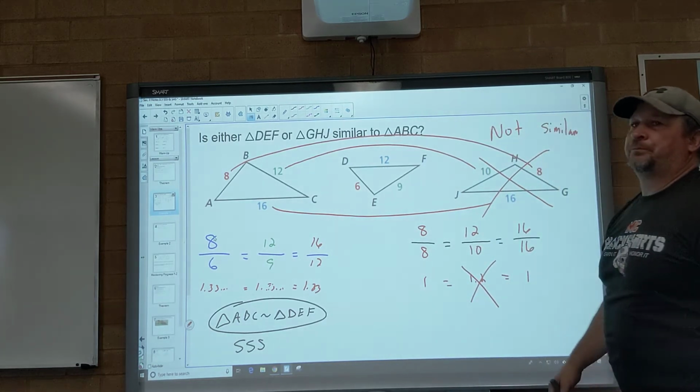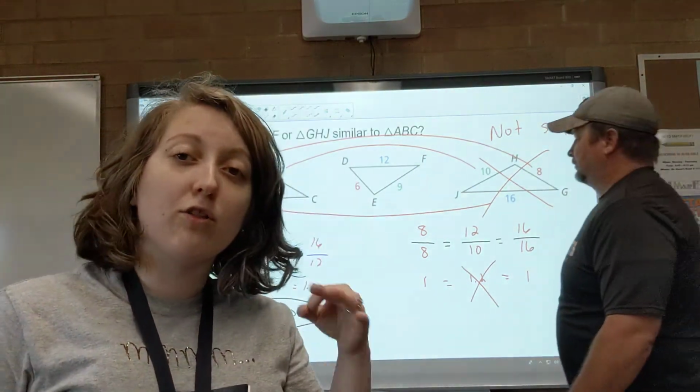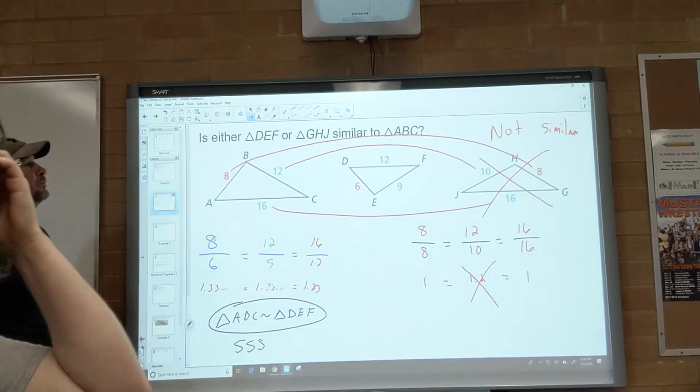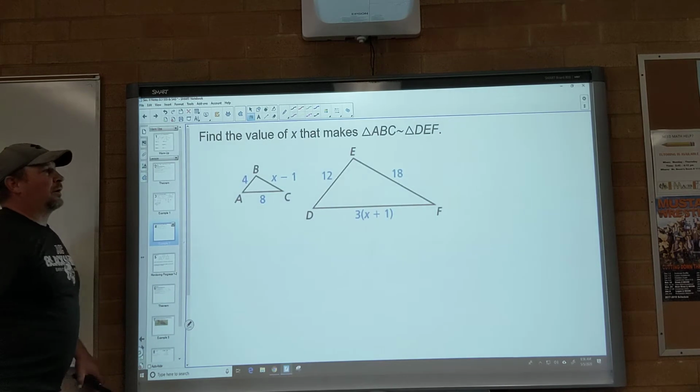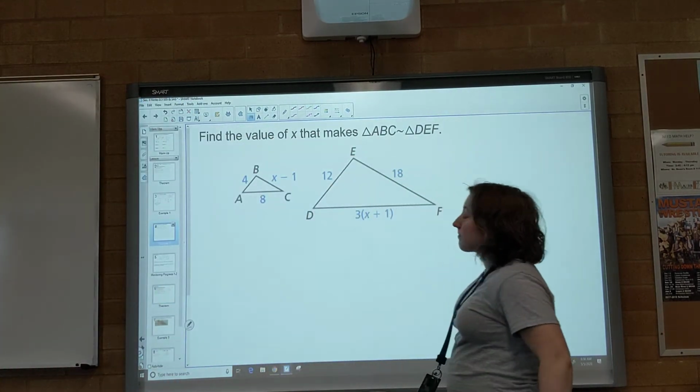similar. Do you guys see that with side, side, side? That's why there are 3 S's, side, side, side. All 3 sides have to be the same number when you divide them and find the proportion. Okay? All right. Now here's a problem where we're not testing it, we're